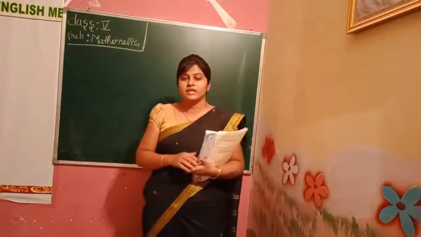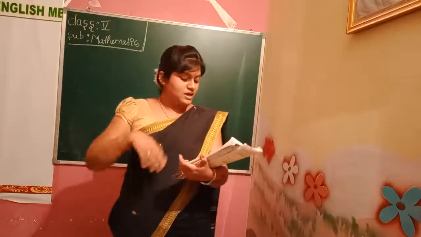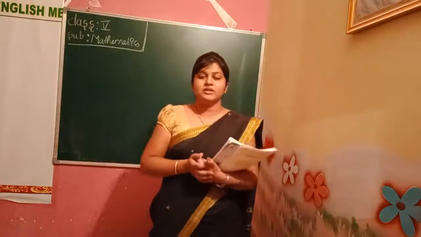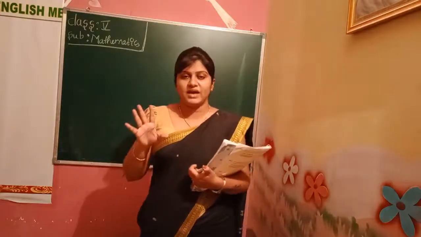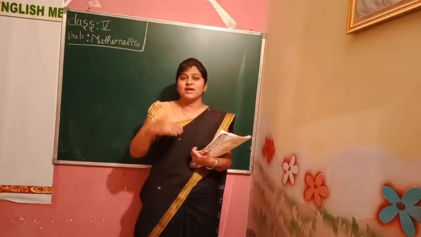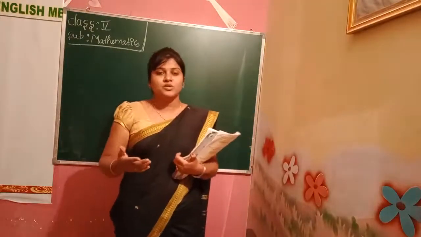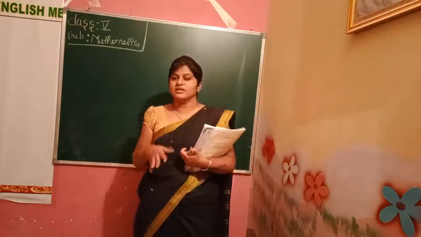Points in the descending order. We studied all those things. We'll move on to the next one, that is the greater number and the smaller number. In the previous class I told you so many rules. Yes, 5 rules we have. According to the numbers, whichever type of numbers there are, according to that we have to apply the rule and solve the numbers. Yes, solve the greatest number and the smallest number.